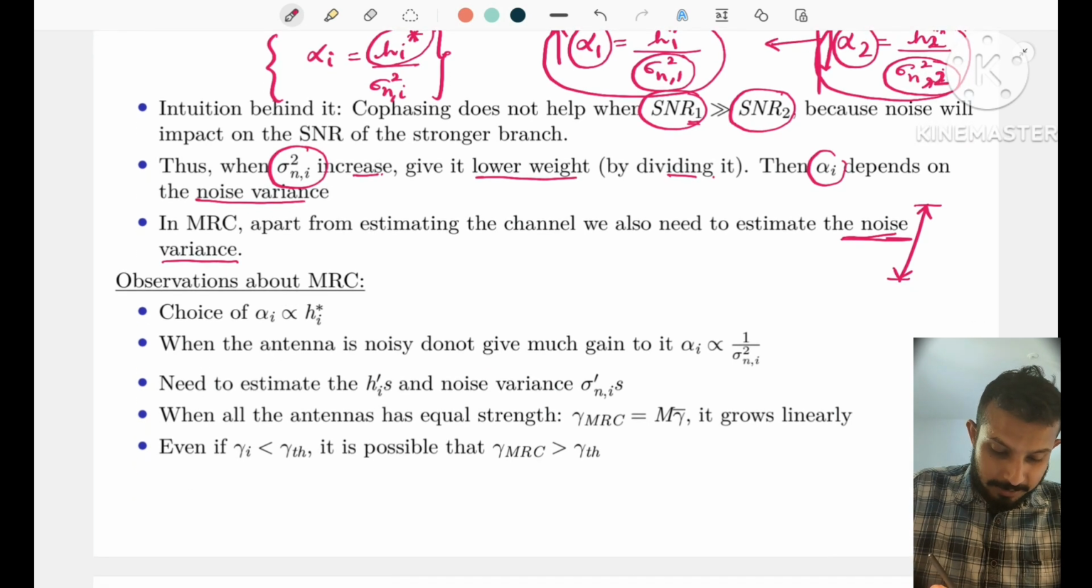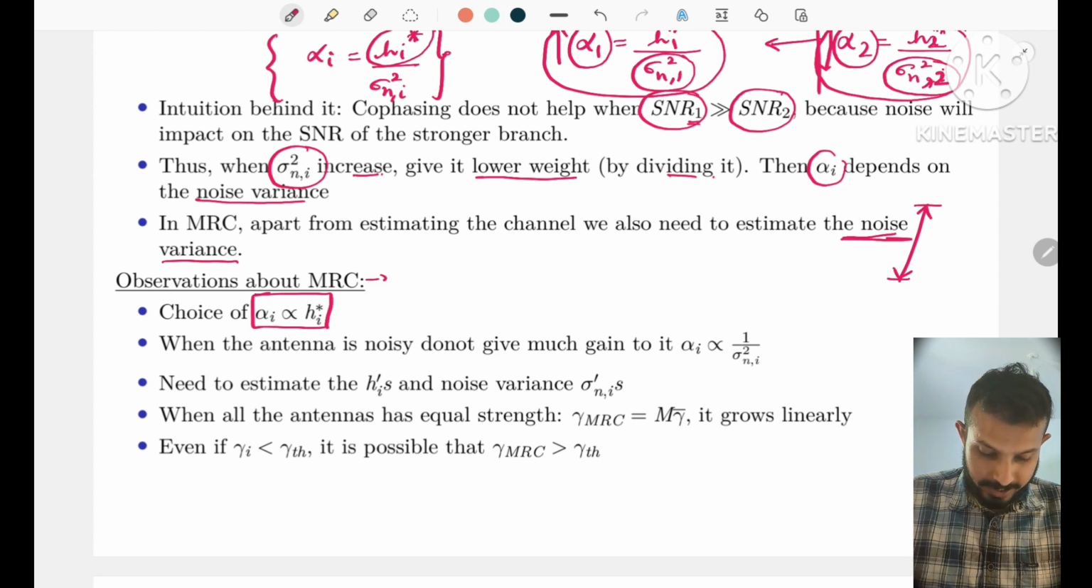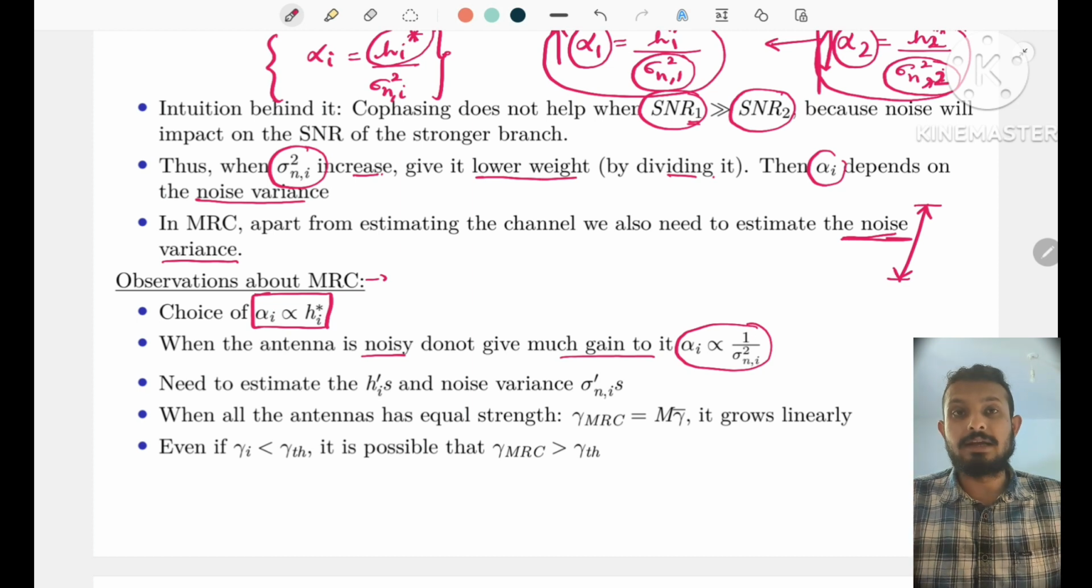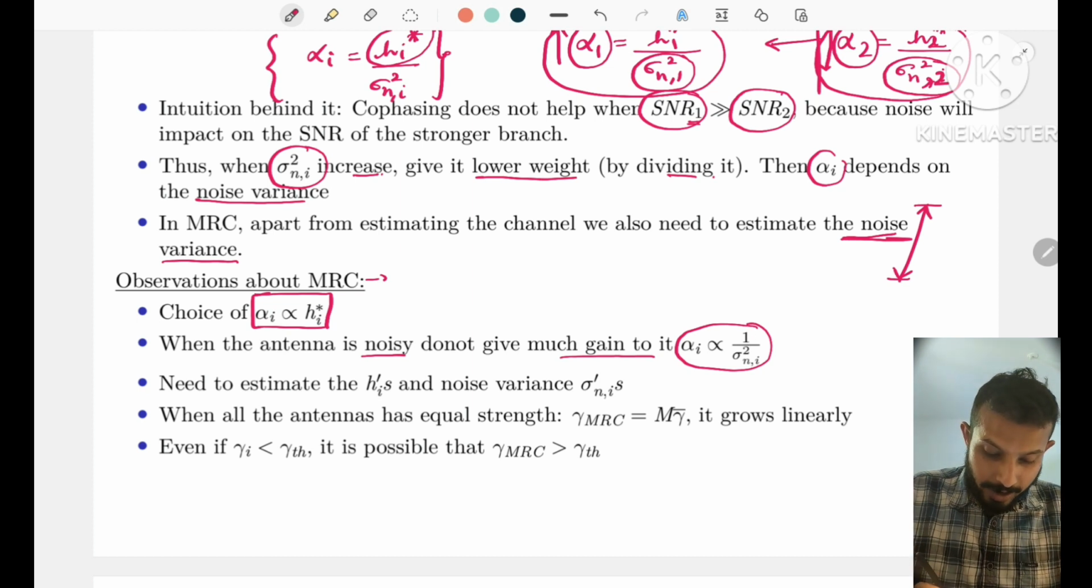Okay, so we have some observations about MRC. The first observation is that alpha i is directly proportional to h_i conjugate. So the best channel will have a higher weight. When the antenna is noisy, you do not give much gain to it. When the noise variance corresponding to the branch is high, the weight will decrease. And we need to estimate both the h_i and the noise variances corresponding to each